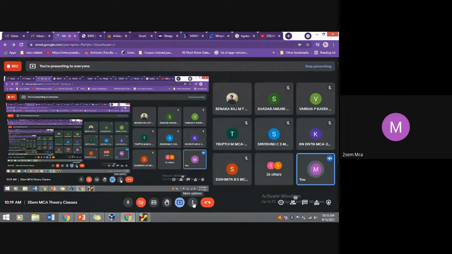If time permits, I am going to give a demonstration, as one of your friends has requested, for the Linux firewall. I am installing that tool. Once it is ready, I will definitely give the demonstration on the Linux firewall. Then some Wireshark or Snort tool usage, and bypassing the firewall through nmap commands, etc.